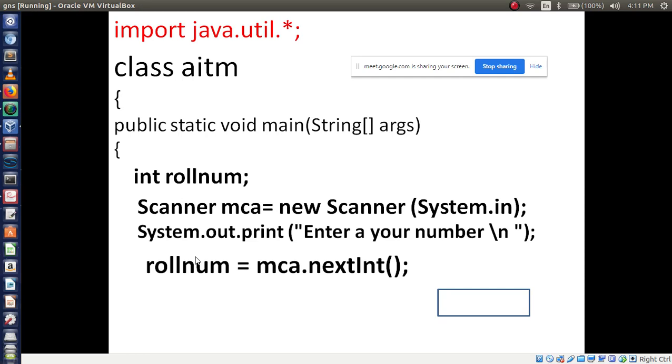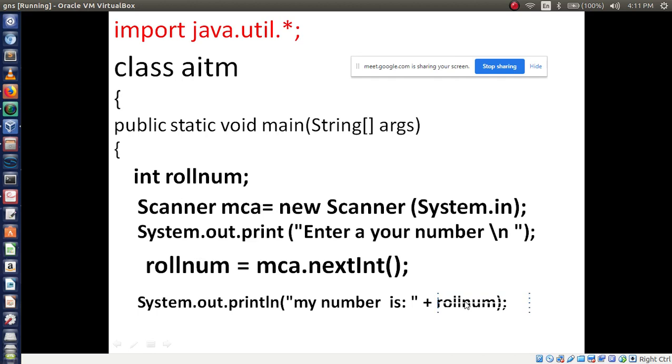After getting the value, we have to display it on the output screen. To display, which method should I use? SOP method, that is System.out.println my number is, which variable do I have to display? Roll num. This is a simple program for Java.